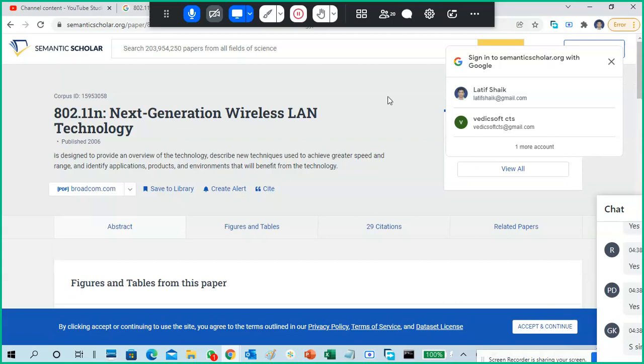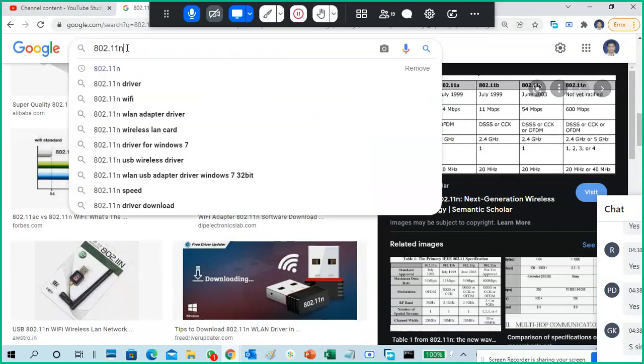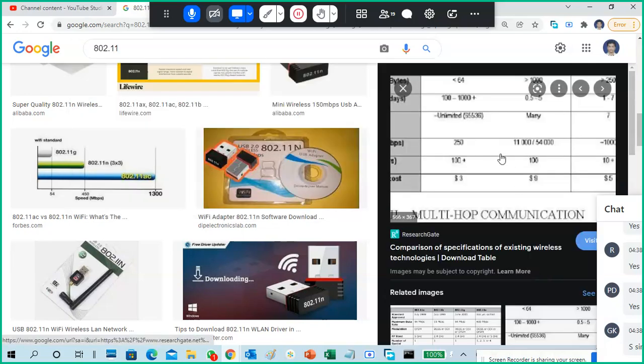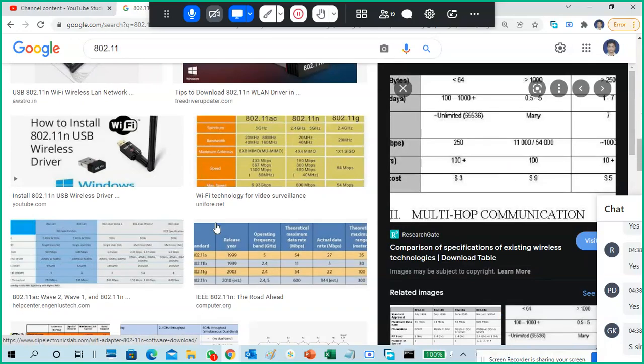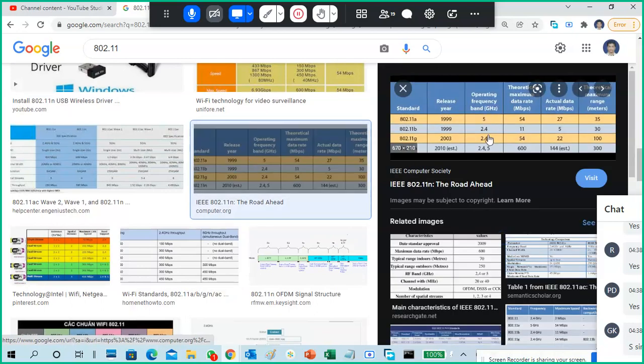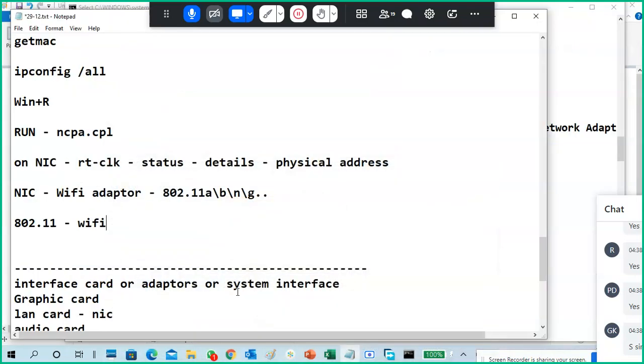Guys, understand: what is 802.11? Wi-Fi. And what are A, B, G, and so on? They are different frequency bands and speeds, both operating frequencies and data transmission speeds.